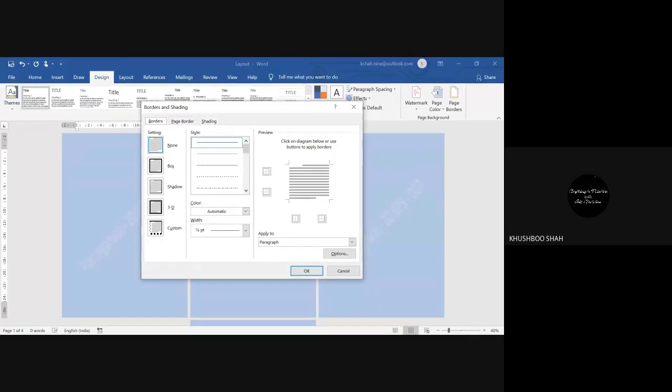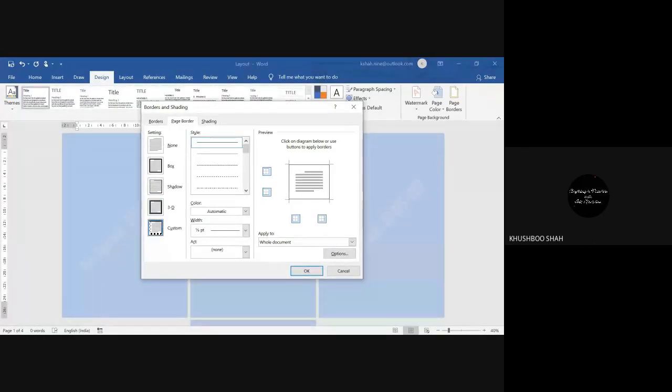But here we are talking about the page border. So just select this page border option, and in the page border section, go for the box. In the preview you can see what type of border it will look like. There is a shadow option, then a 3D option, and some custom option.